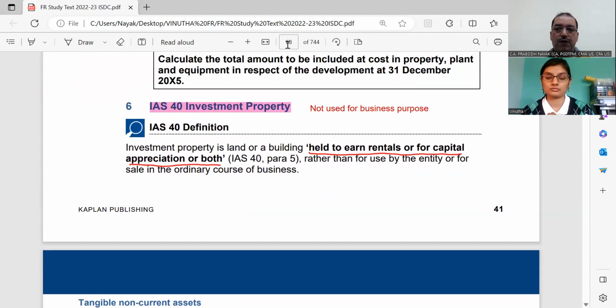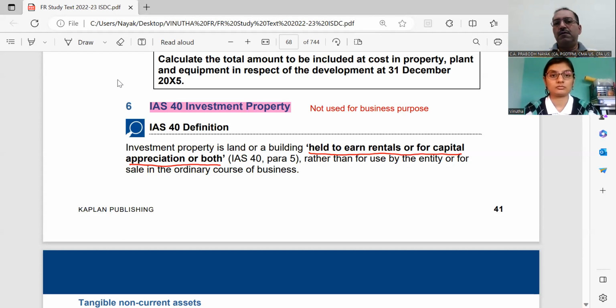So this IAS 40 is property that is purchased by the business or by the entity, but it is not used for the business purpose. So I can see that I've written over there, not used for business purpose. Now, for example, I'm having surplus cash in the business, so I decide to invest that cash for purchasing some property, which I intend to use as investment,